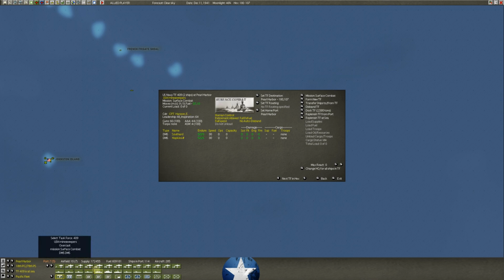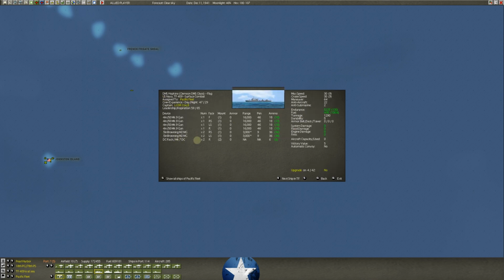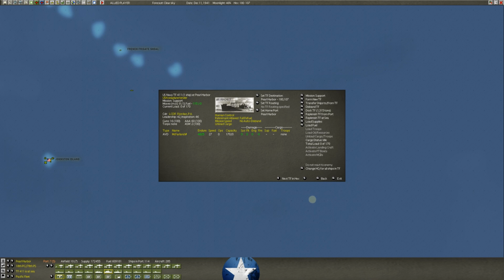We've got a couple of DMSs here, okay, so they're destroyer minesweepers. They also have ASW ability. We have an AVD here, which is a seaplane tender. I would probably like to send this somewhere else. There's not really a reason to have an AVD sitting at Pearl Harbor because ultimately it's got all it needs